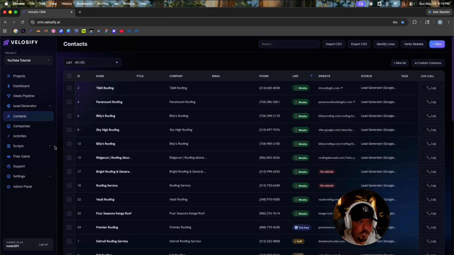So one thing I would do is I would just click on this. We've actually got a beautiful mobile version as well. So you can log in on your phone and it's going to load all this data on your phone. You can call directly from your phone. That way you don't have to type this in manually. And then I can pull up the script on the computer while I'm calling on my phone.